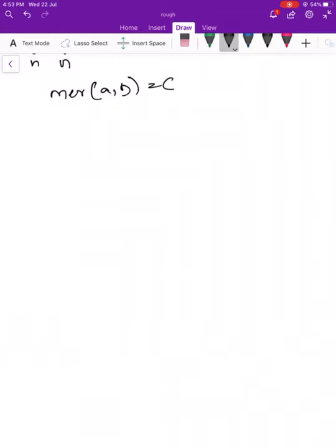So let us go through the solution by an example. Suppose array C is 2, 3, 1, 4.